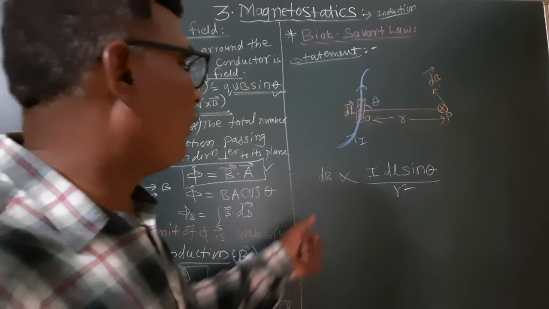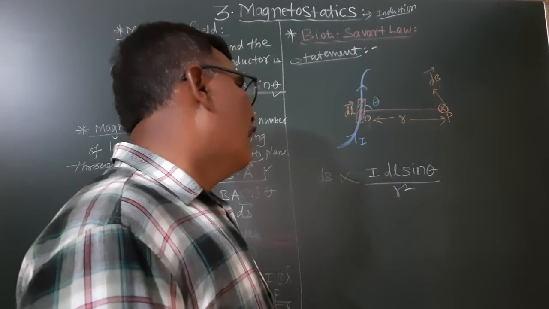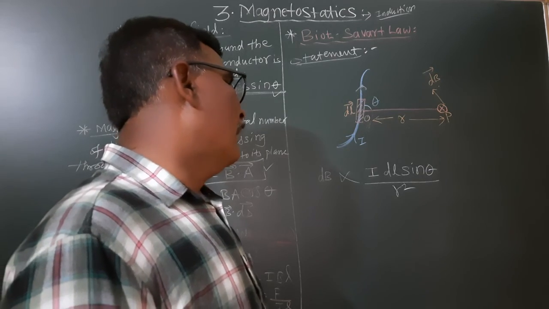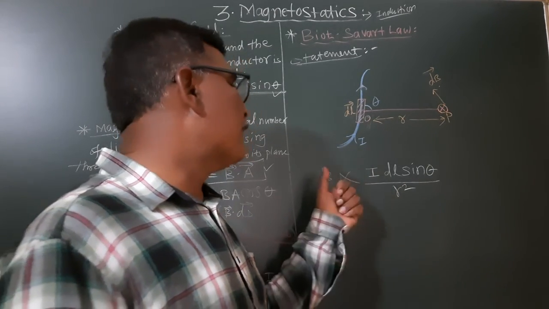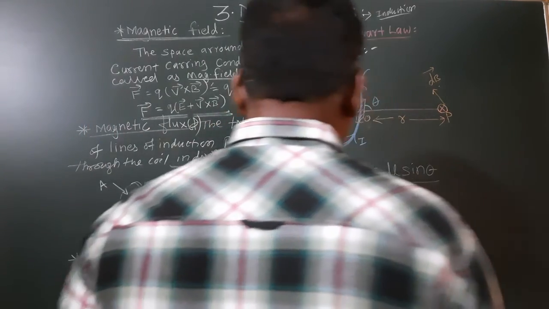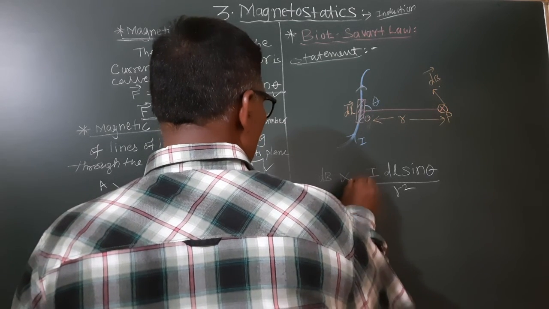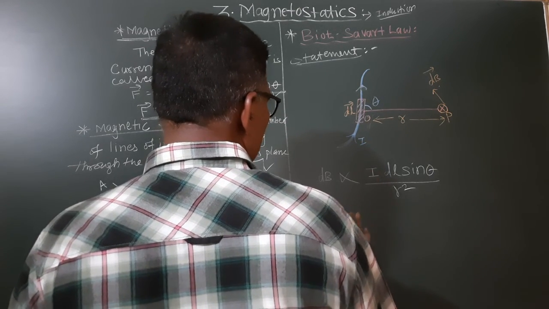It should be directly proportional to sine of the angle theta, and it is inversely proportional to, what does it mean? Magnetic induction is inversely proportional to r square. And finally we have to write that dB is proportional to